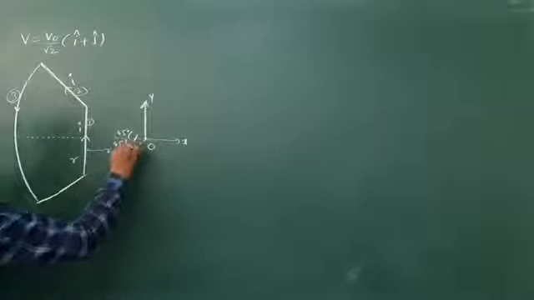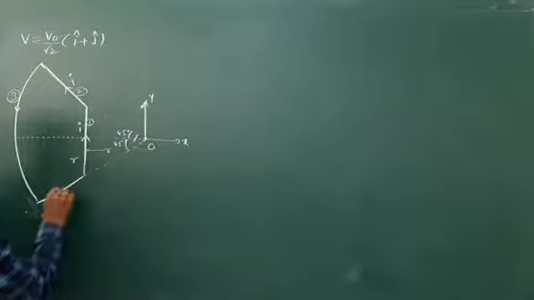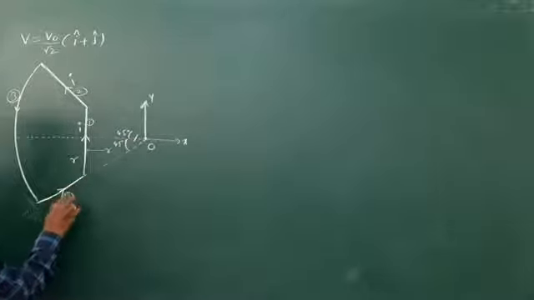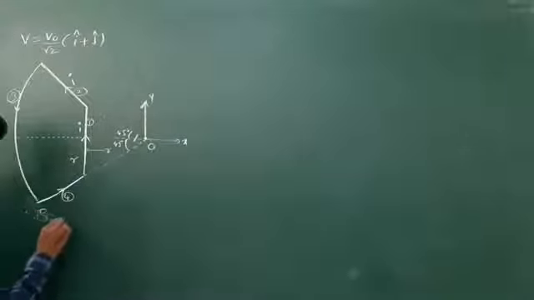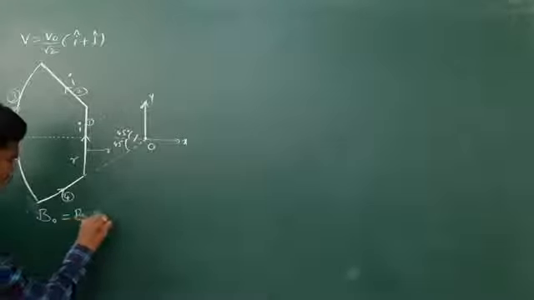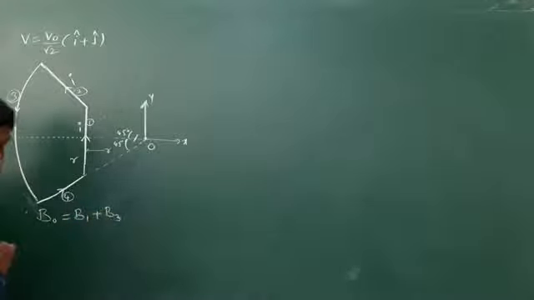Yeah. So this is 45. So these two fields are not possible; the field is 0. But for 1 and 3, yes, the field is possible. Let me write B at O is B at 1 and B at 3. So only B1 and B3 are possible; 2 and 4 become 0. Okay.